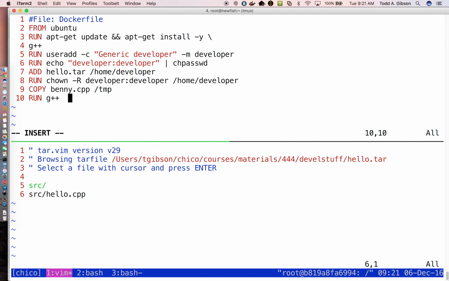Alright, so we're running g++. We want to compile benny.cpp, and we will put that in /tmp, and we'll just call it benny. Be the name of that executable. Finally